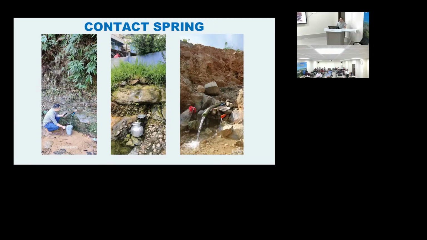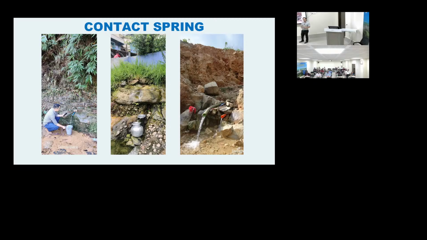Apart from fracture and depression springs, we can also see some contact springs in Meghalaya. Say this is massive sandstone and then splintery shale. In contact between these two, the water comes out naturally, which is a contact spring. And this one is in Jowai area. You can see this is sandstone, and you can see some pebbles, which we call conglomerate. In the contact zone of this massive sandstone and conglomerate, the water is coming out,